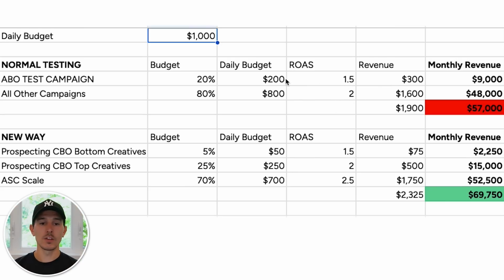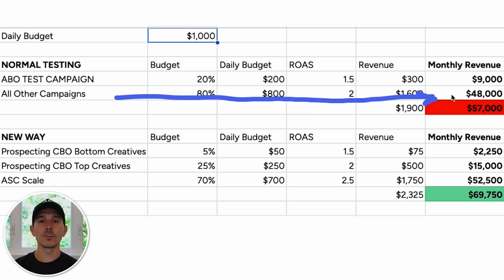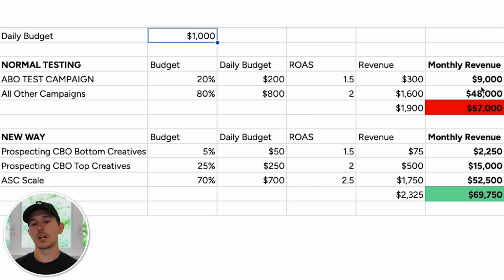What this means is that your revenue driven from the $200 on testing is going to turn to $300, driving you $9,000 per month. If we apply the same formula to all your other campaigns and just straight line it down here, all your other campaigns are going to drive you $48,000 per month,